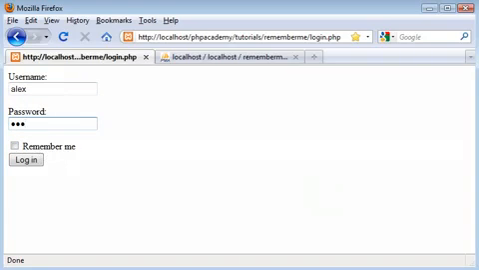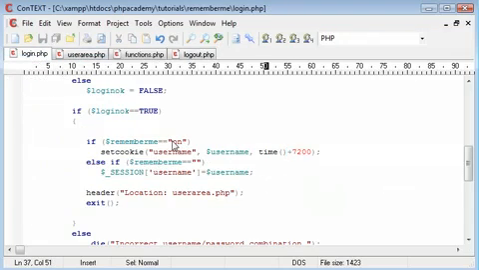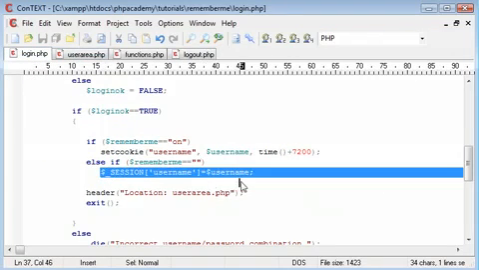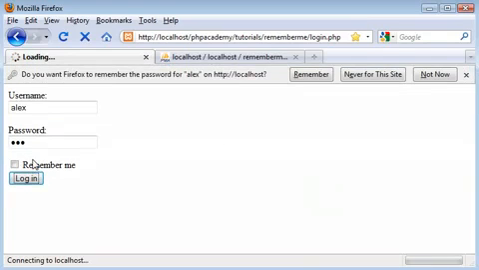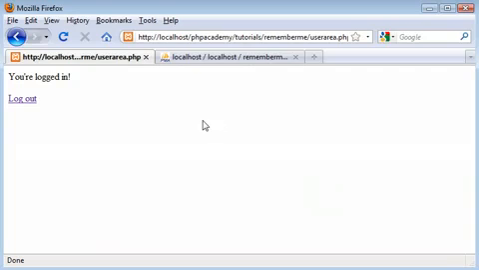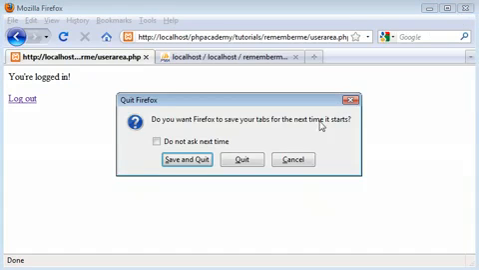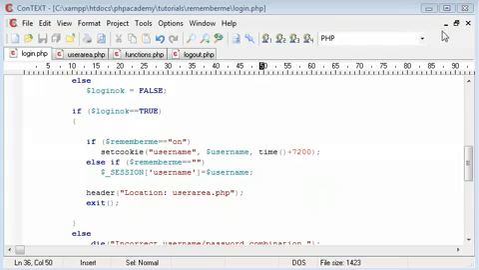So what this does inside our script, if Remember Me doesn't equal anything, we'll just be setting a session. Therefore, when I close this window, close my browser altogether, we shouldn't be logged in when we come back to it. So if I click log in, we're logged in successfully. Now I'm going to close this. Do you want Firefox to save your tabs? Yeah, I might just say save and quit. What I'm going to do is now reopen Firefox